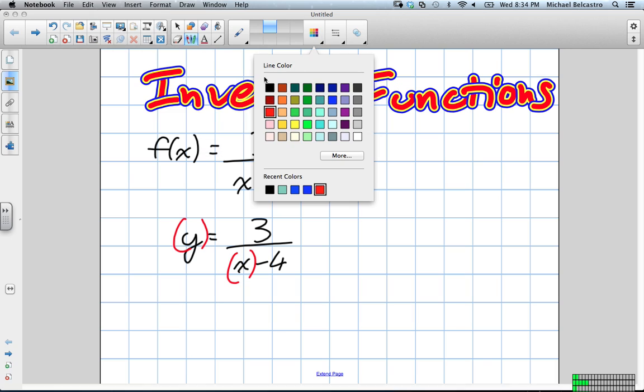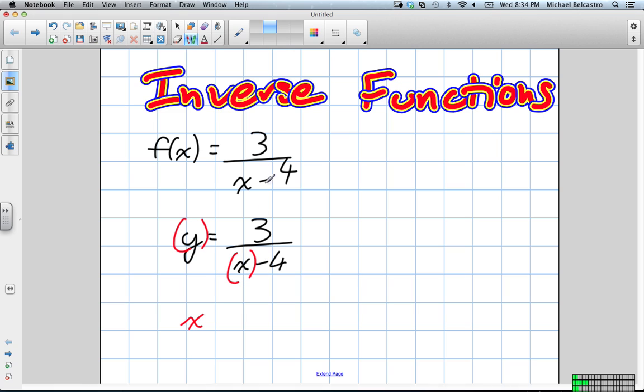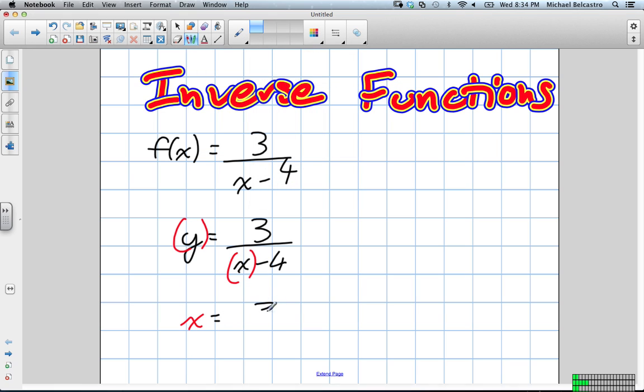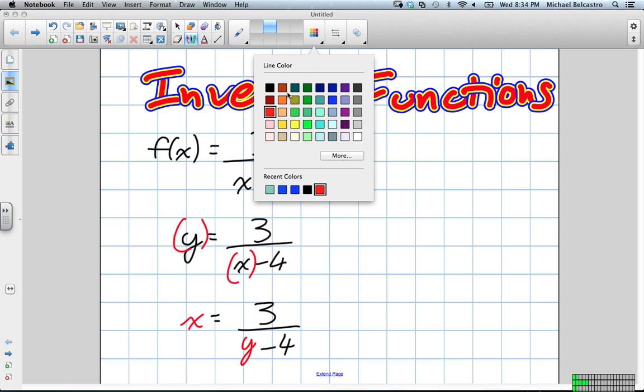So we're then going to have, actually we'll keep it in red, x is equal to 3 over y minus 4, right? And that's a part you know. The next thing we have to do is set this back equal to y. So when setting this equal to y,